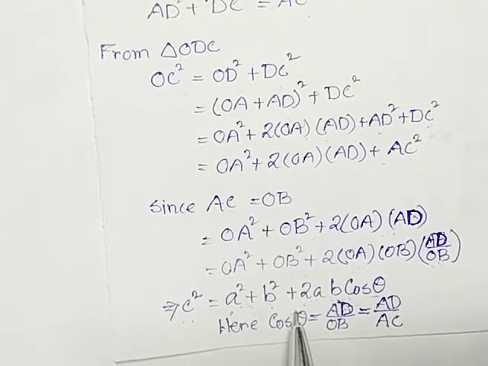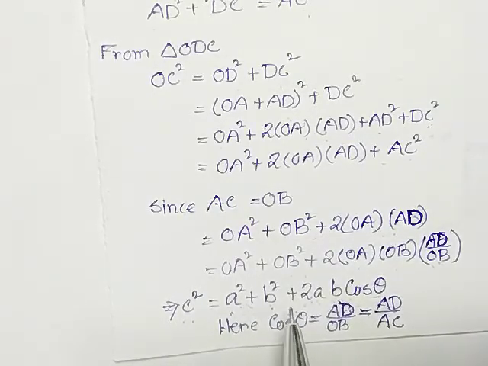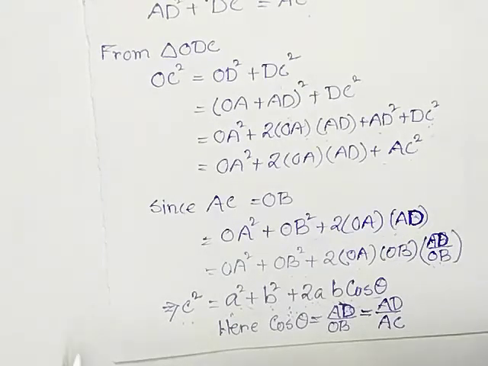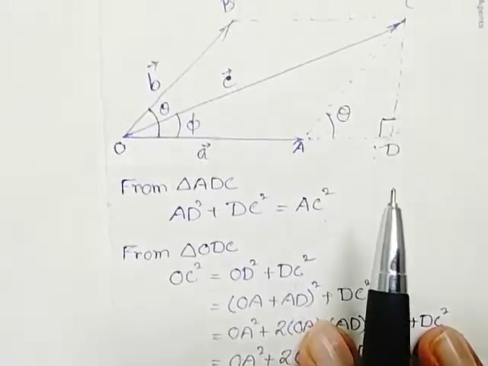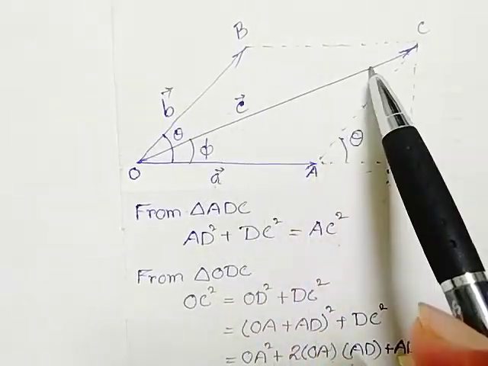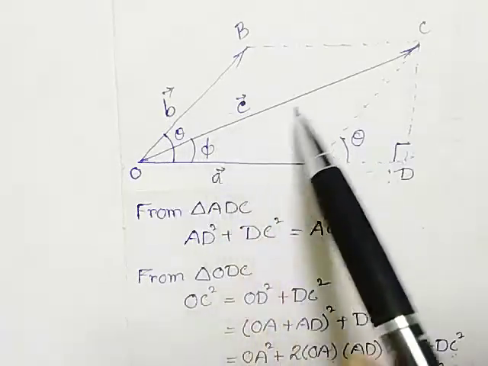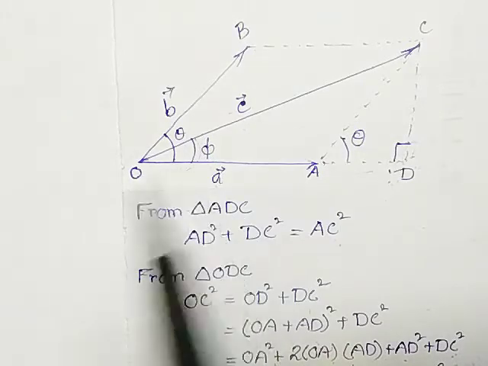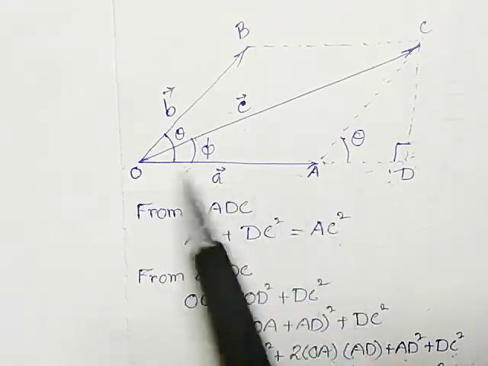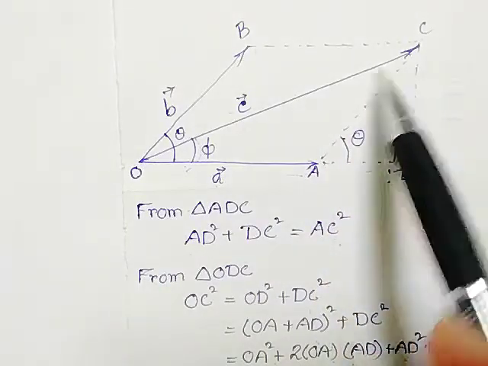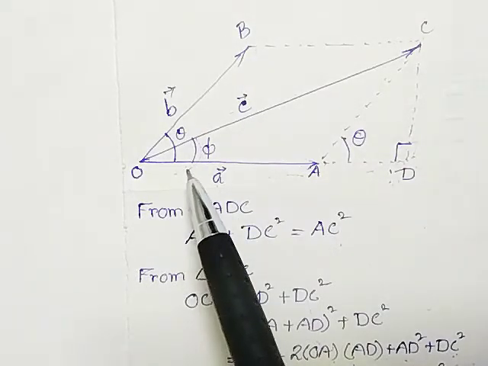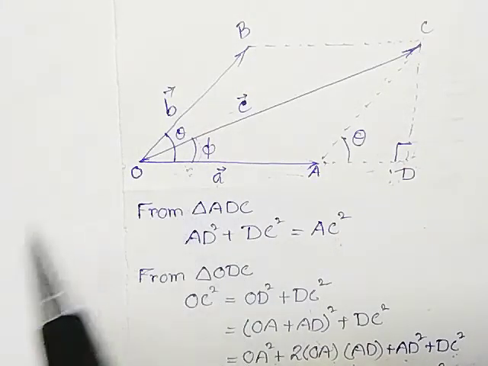So the same value of the resultant vector that we found in the previous lecture using the triangle law, we have now found using the parallelogram law. But one thing we have to find out is that the resultant vector C not only has a magnitude, and we know how to calculate the magnitude, but what is its direction? That is denoted by phi. What is phi? Phi is the angle between OA and OC, that is, vector A and vector C. So if I am able to find phi, then we can find the direction of it.